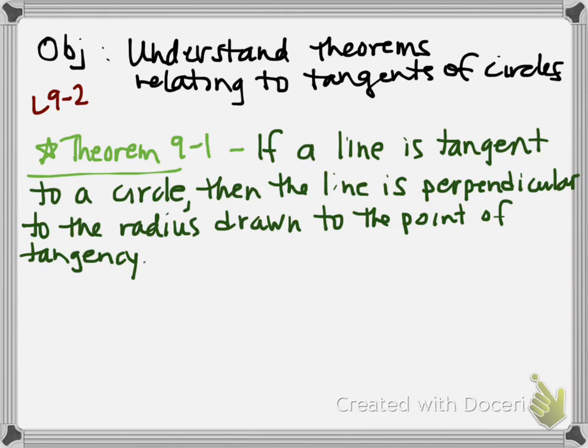Okay. So if a line is tangent to a circle, then the line is perpendicular to the radius drawn to